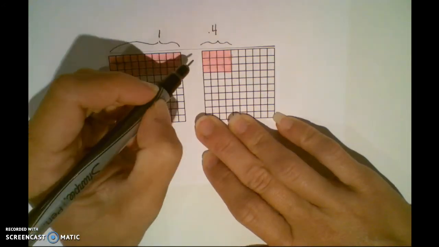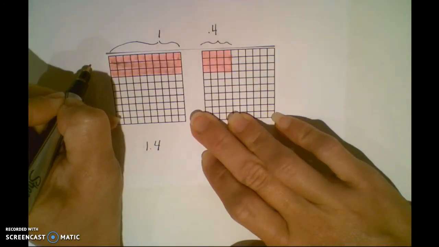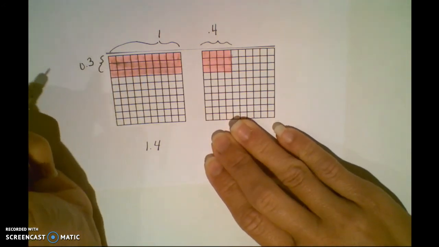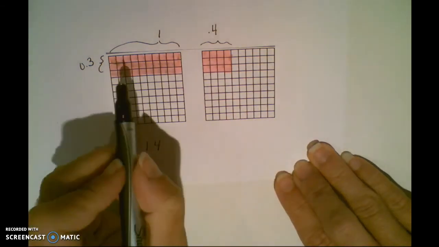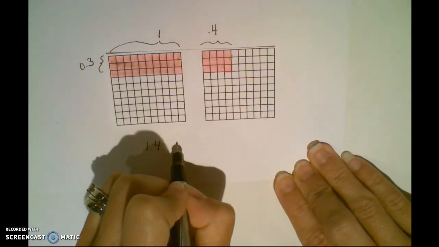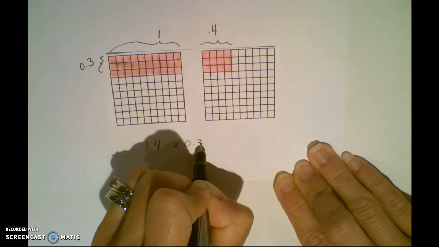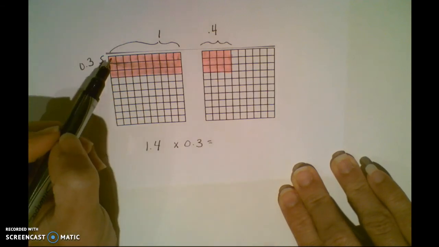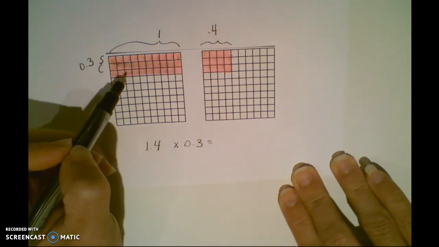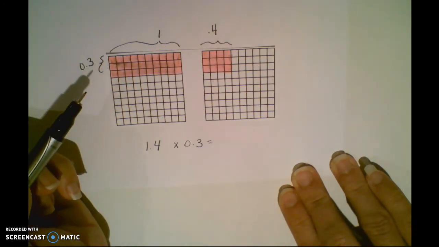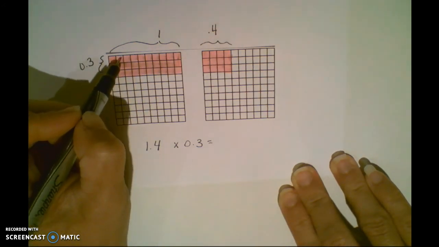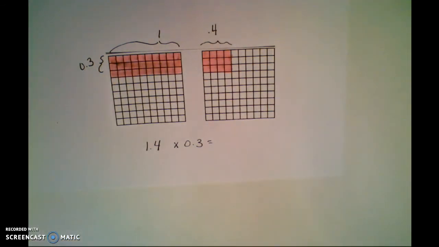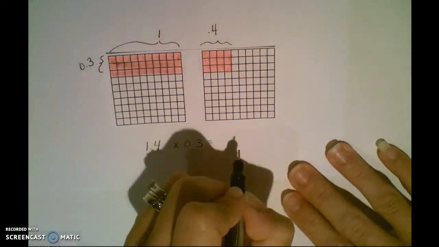But shading down, you'll notice on both grids, I've only shaded in how much? 3/10. So what I'm really showing here is 1 4/10 times 3/10. And when I do that, I have 1, 2, 3, 4, 5, 6, 7, 8, 9, 10, 14 columns of 3/10. Let's look. 1, 2, 3, 4, 5, 6, 7, 8, 9, 10, 11, 12, 13, 14, 15, 16. That's a lot. There's an easy way. But when I count them all up, I notice that I have